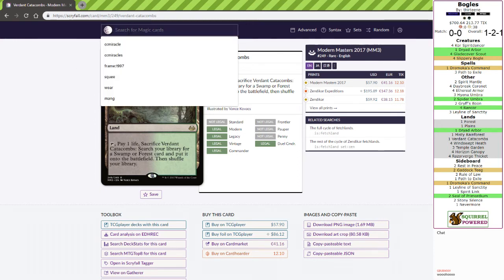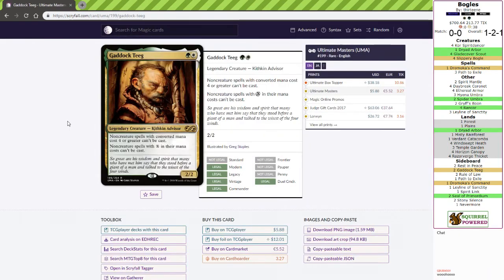Gaddock Teague, we just saw him work against Prison. Non-creature spells with converted mana cost 4 or higher can't be cast. That's Wrath of God, that's Terminus, that's just about everything you care about. Stops Bonfire, doesn't come up all that often, but X in their cost is, they're problem cards. Like Conflagrate against Dredge, he just stopped so much of it. The reprint made him